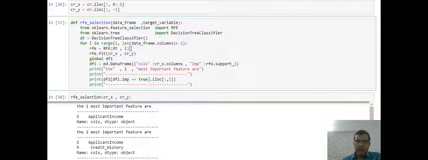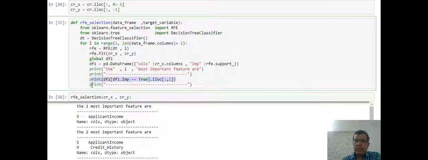That's why I'm printing the i most important features, df1[df1.important == True].iloc. So basically the focus over here is on this line. Using this line, I will be able to fetch all the columns for which I get True, and that's what I'm printing.